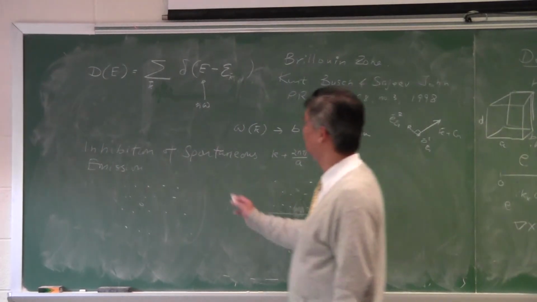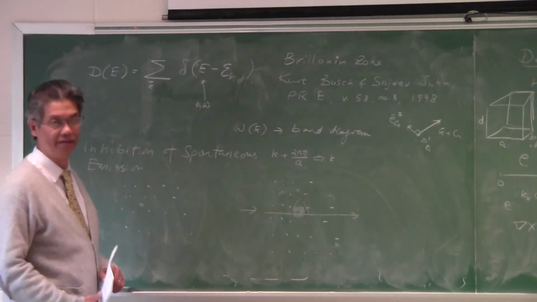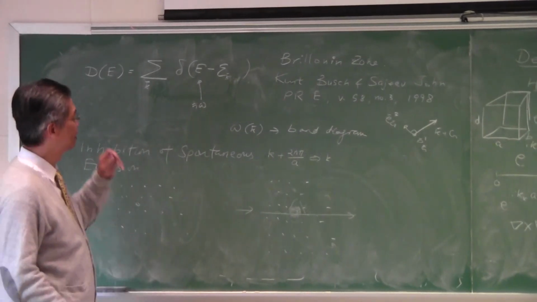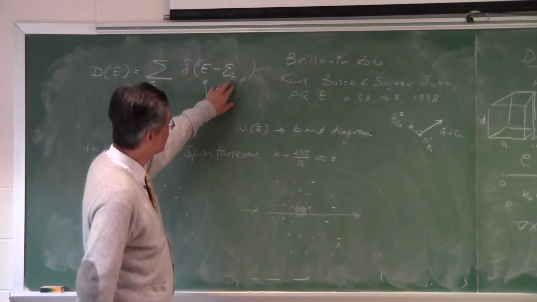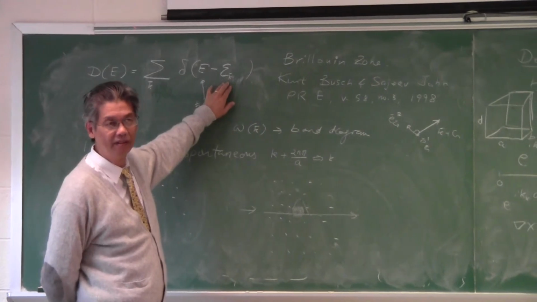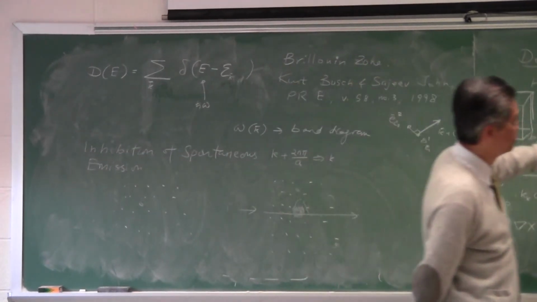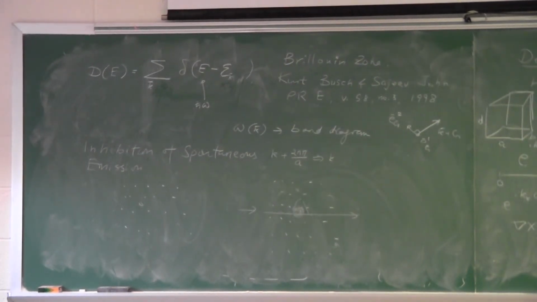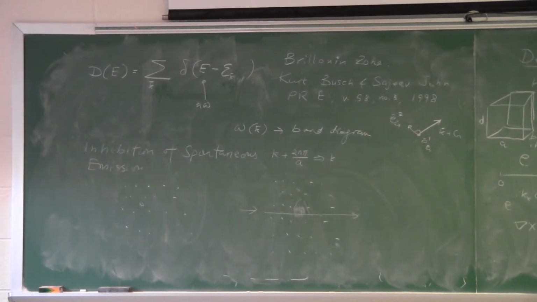And I can write my density of states in this manner. A very clever way to write the density of states, provided that this is countable. This is countable because I use periodic boundary conditions and can count them. Okay, these are all my E sub k solutions that I have. Okay, and if I write the density of states that way,